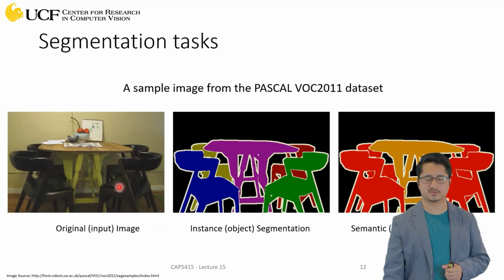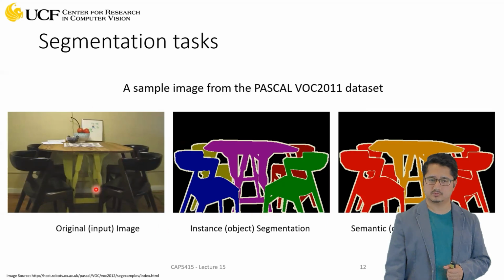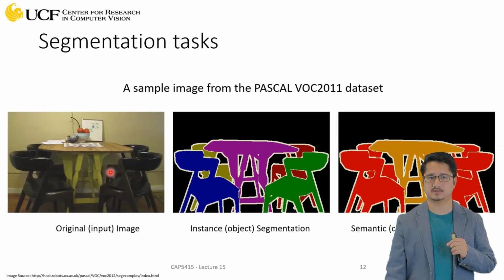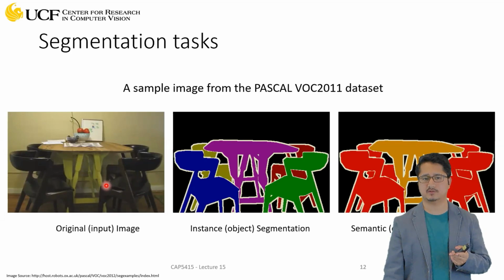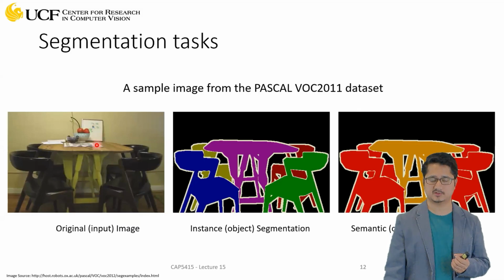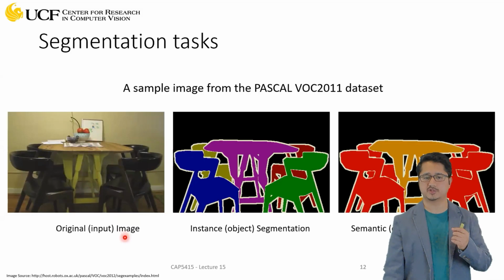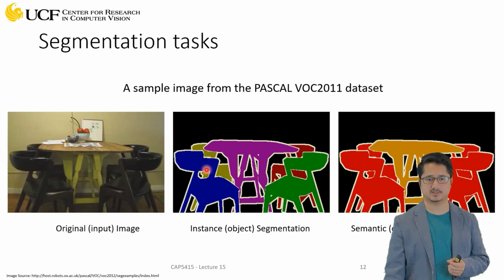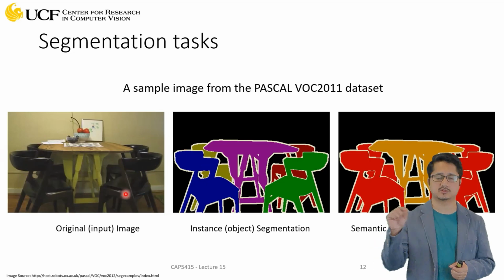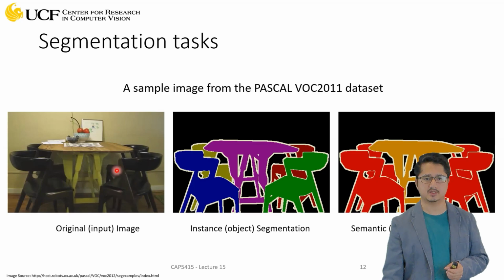So given this image, if you have to solve object classification, and let's say you have object categories as chair and table, object recognition will just say that, okay, chairs are present and table is present, right? Then object detection will also tell you, okay, this is a chair, this is a chair. So it will just mark bounding boxes for all the chairs you have, and also the bounding